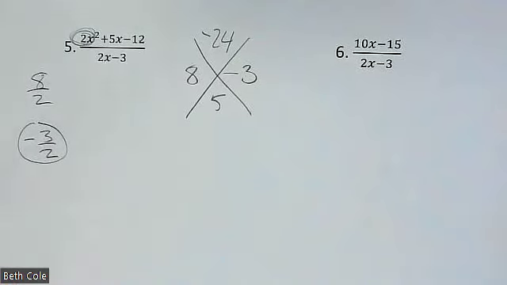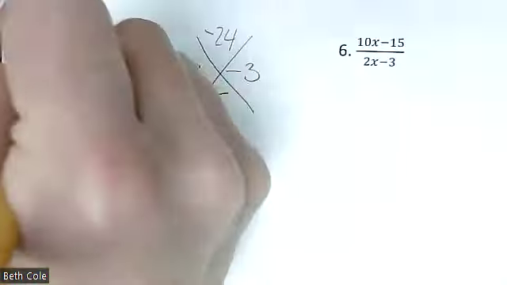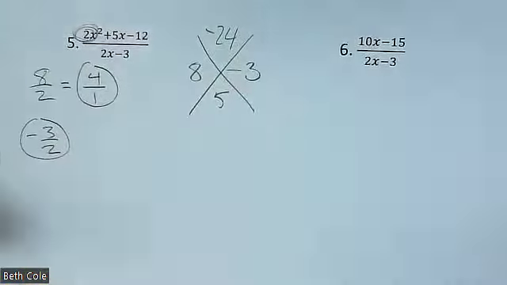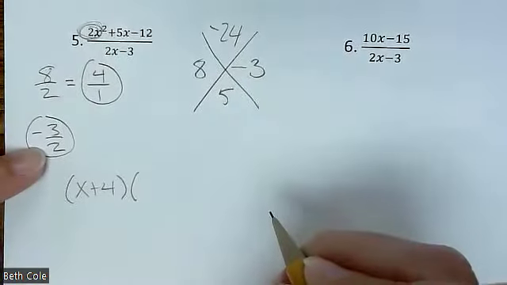8 over 2 will be what? 4 over 1. X plus 4. Good, x plus 4. And then this one,